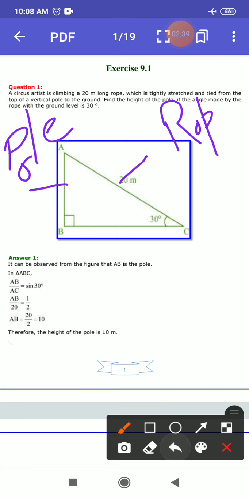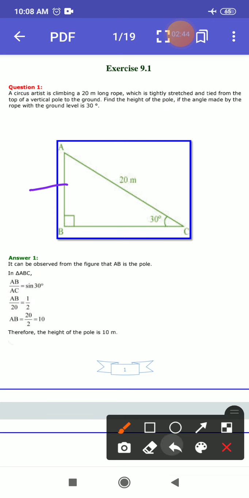You very well know which type of triangle is formed here. This triangle is a right angle triangle, and this is your 90 degree angle. So we have to apply all the conditions taught in the chapter introduction to trigonometry, like the sin theta rule, cos theta rule, tan theta rule, cosec theta rule, and sec theta rule. In this way you solve this question, and you should know all these formulas properly.